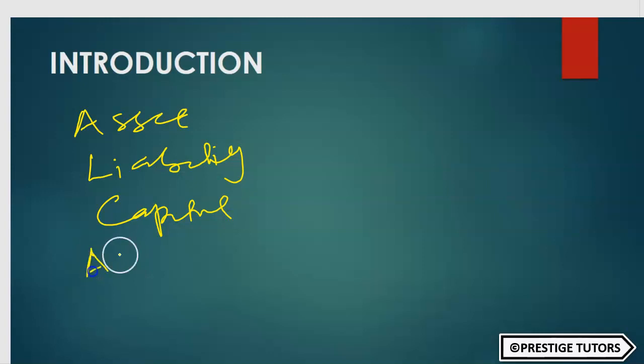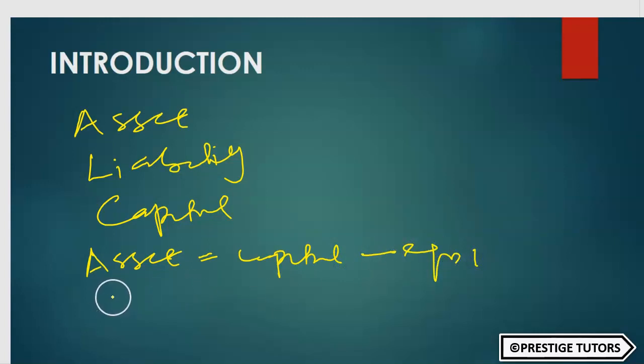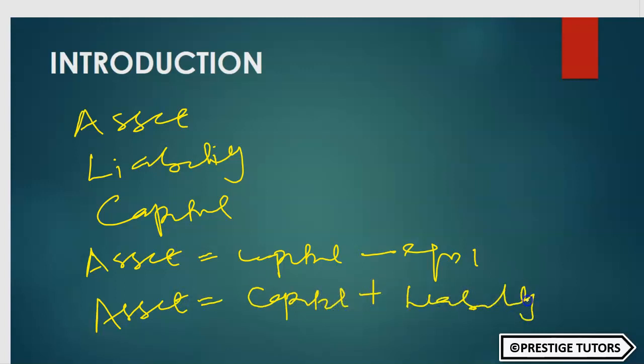We said equation 1 had to do with assets equals capital. I will say assets are the resources deployed into the business, while capital is in the form of owner's equity introduced into the business. Equation 2 has to do with assets equals capital plus liability. I will define liability as money you borrowed to do business. Capital is the money that the owner introduced into the business.